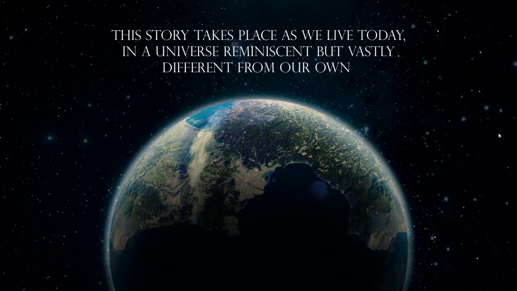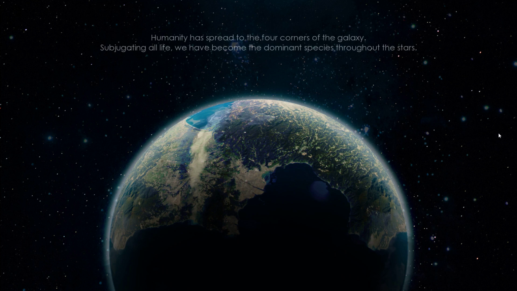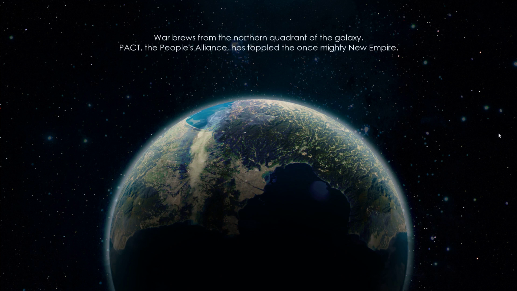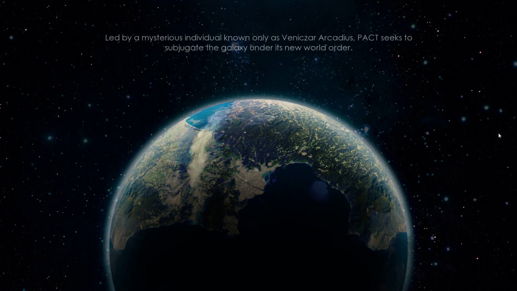Now, I won't read a lot of this text, but I will read this. This story takes place as we live today, in a universe reminiscent but vastly different from our own. Humanity has spread to the four corners of the galaxy, subjugating all life. We have become the dominant species through the stars. Yet we are far from secure. War broods from the northern quadrant of the galaxy. Pact, the People's Alliance, has toppled the once mighty new empire. Led by a mysterious individual known only as Vinixier Arcadius, Pact seeks to subjugate the galaxy under its new world